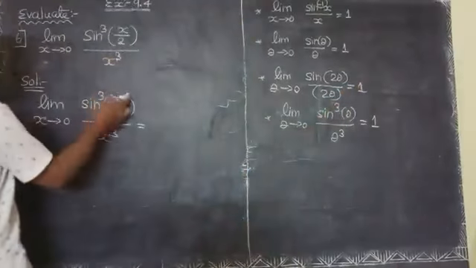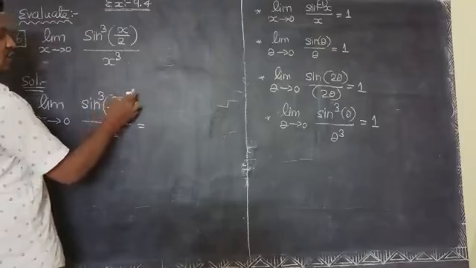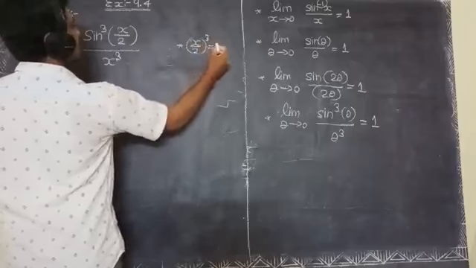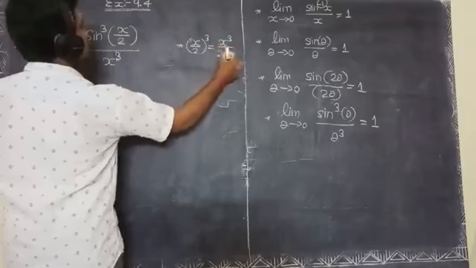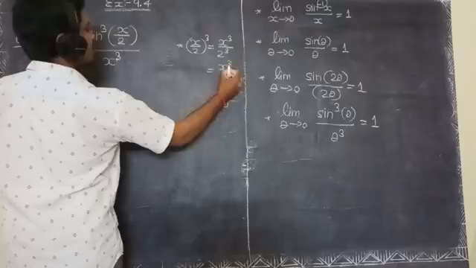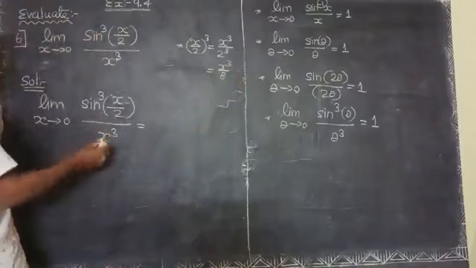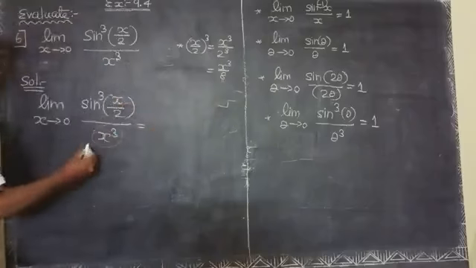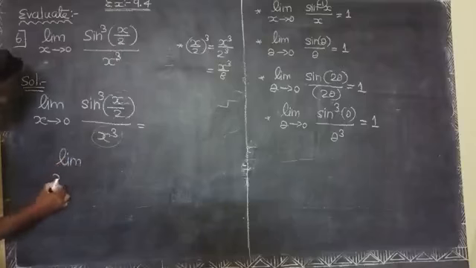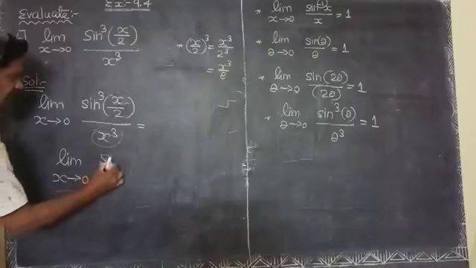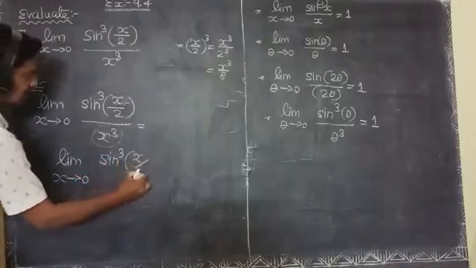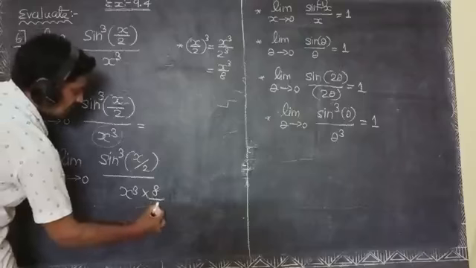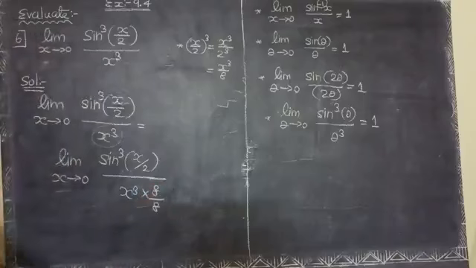But sin cube x divided by 2 means, x divided by 2 whole power 3, that is x cube divided by 2 cube. 2 cube is 8, so x cube divided by 8. So the denominator has x cube, and we multiply and divide by 8, which can be written as limit x approaches 0, sin cube (x divided by 2) divided by x cube multiplied by 8 and divided by 8 in the denominator. We can form